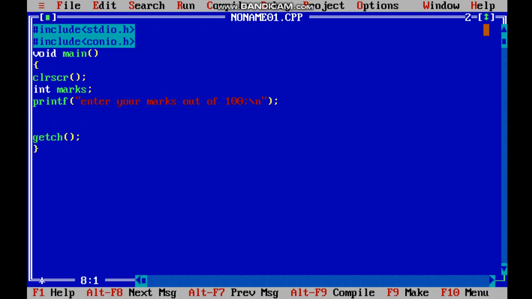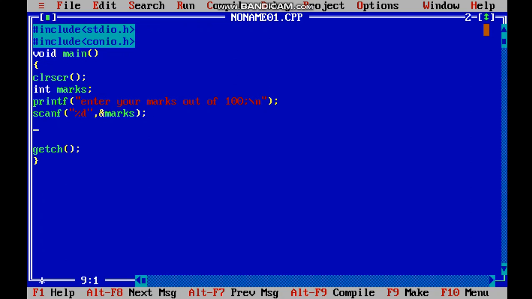As we told the user to enter their marks, we will take the input from the user with scanf, and you should not misspell it. Now we got the input.